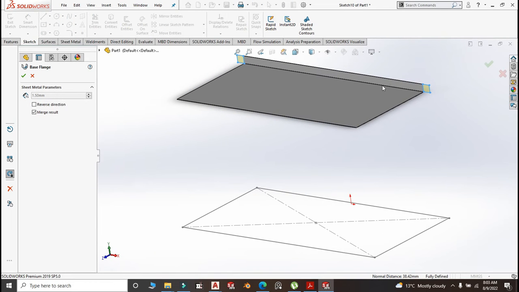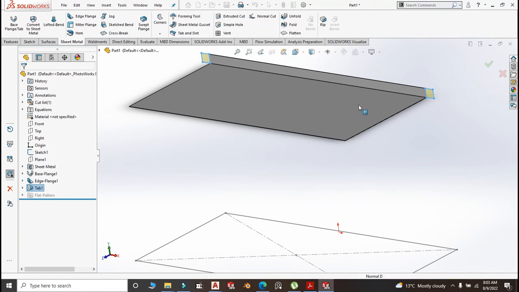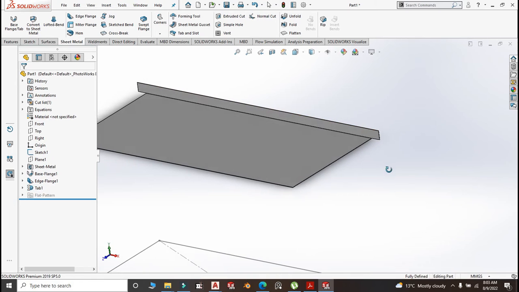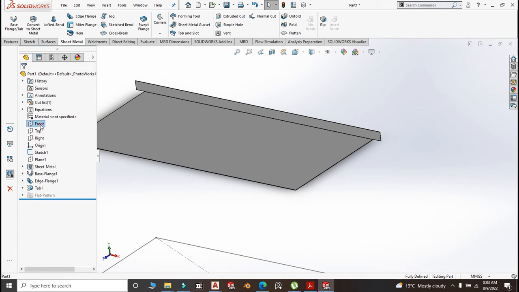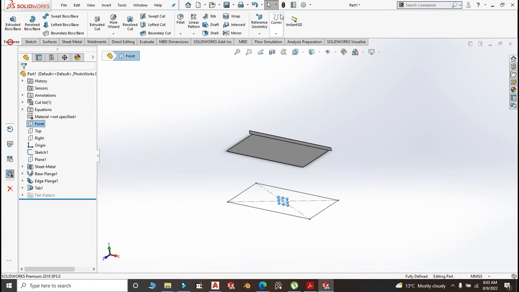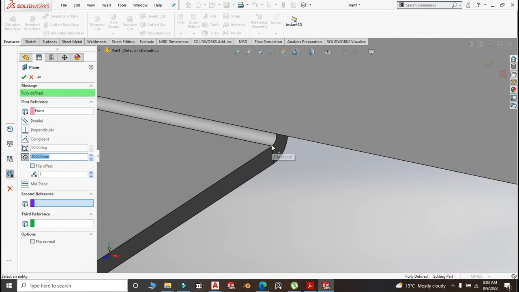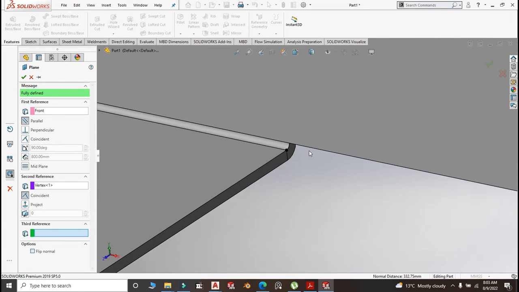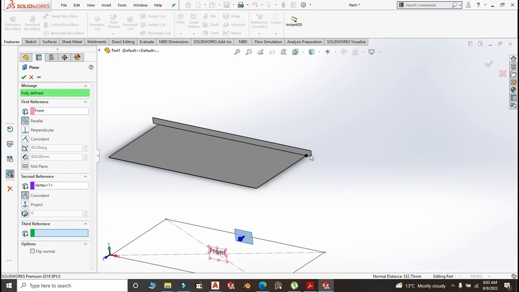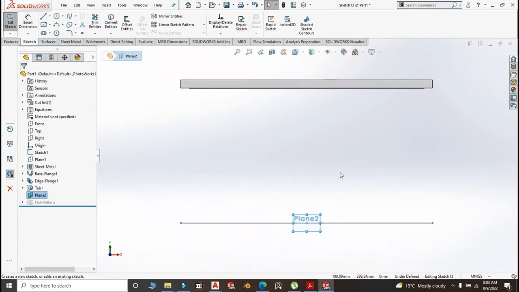Make sure you merge result. Don't want it to be an independent part, it should be merged. That is right. Now go to the front plane and feature reference geometry plane and snap it to this point here. Let's see, yeah, the plane is good. Select. Now go to plane 2 and create a new sketch